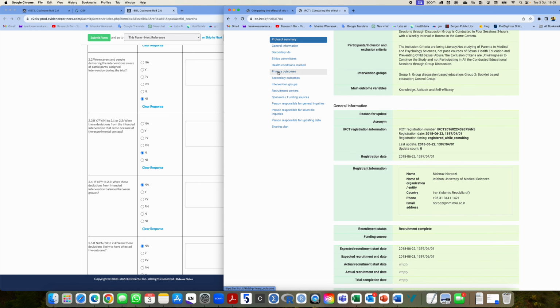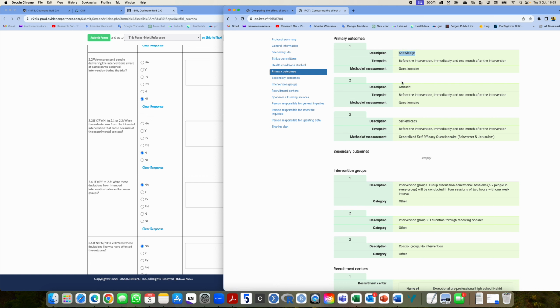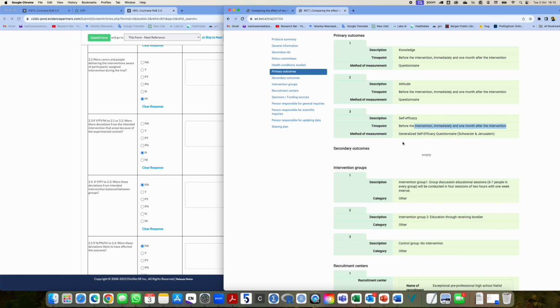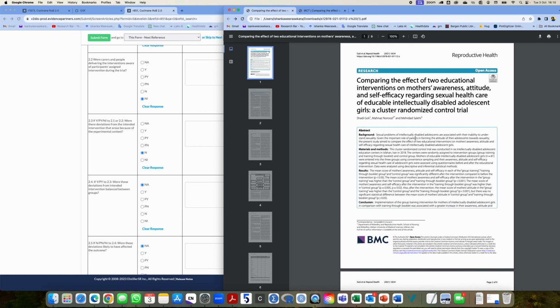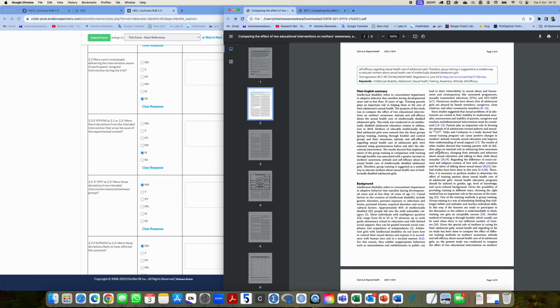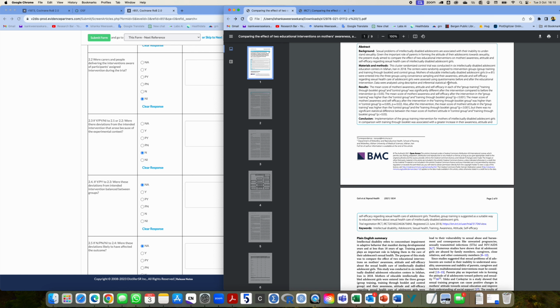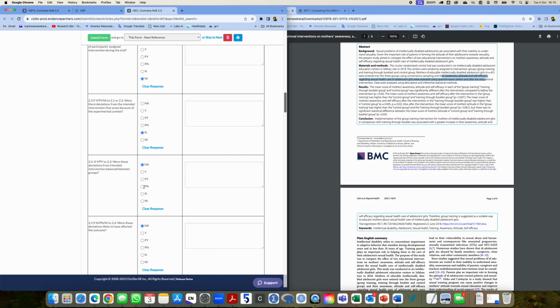So their primary outcomes are here. You can see knowledge, attitude, self-efficacy. They have given the time points as well: before the intervention, immediately after, and 1 month after. Similarly, this is right, and that is what these guys have done here. They have explained it somewhere here, I think, awareness, and so on,